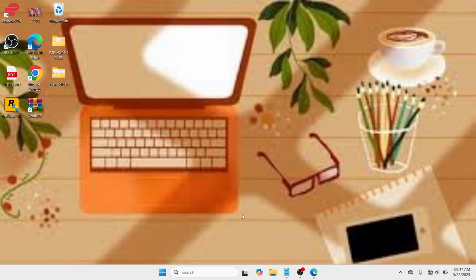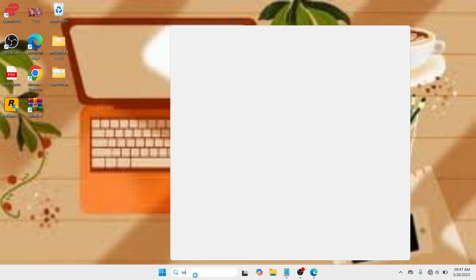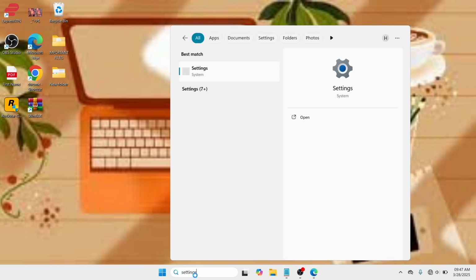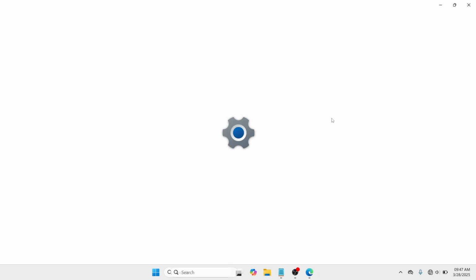So you need to navigate the same process. And here at the bottom search bar, please type for settings. The moment you have typed it, you need to proceed with the best match again, which is settings itself. Click on open to continue